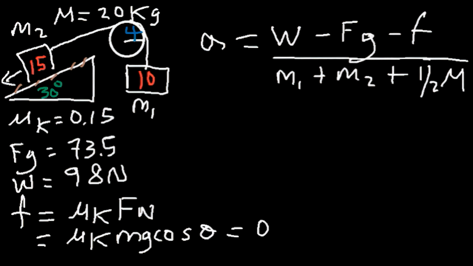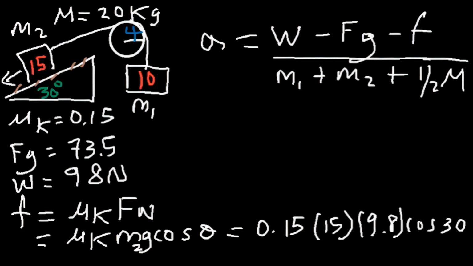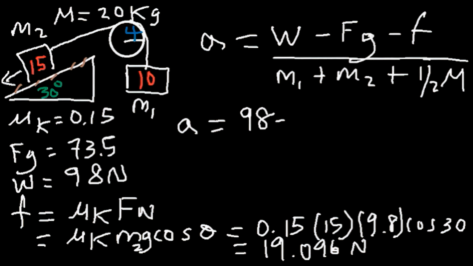So this is going to be 0.15 times mass 2, which is 15, times gravitational acceleration, 9.8, times cosine 30. 0.15 times 15 times 9.8 times cosine 30 is about 19.096 newtons, or 19.1. So the acceleration is the weight force of 98 minus Fg, 73.5, minus 19.096,